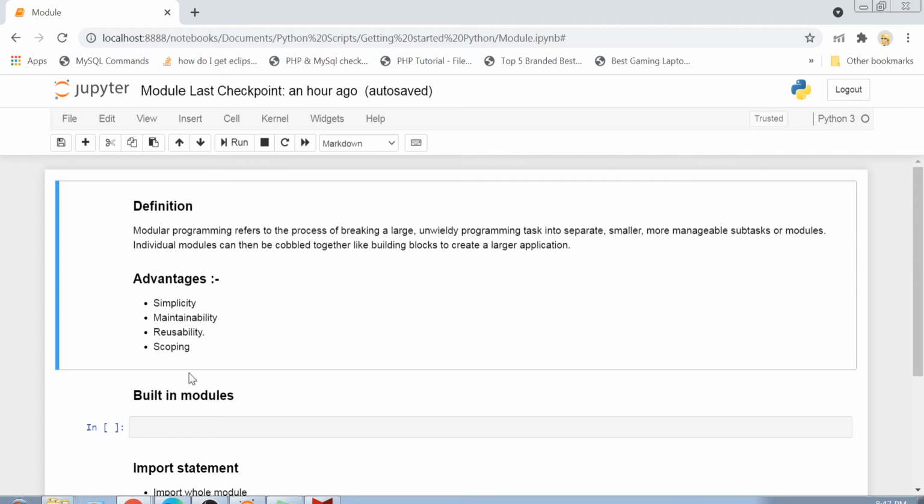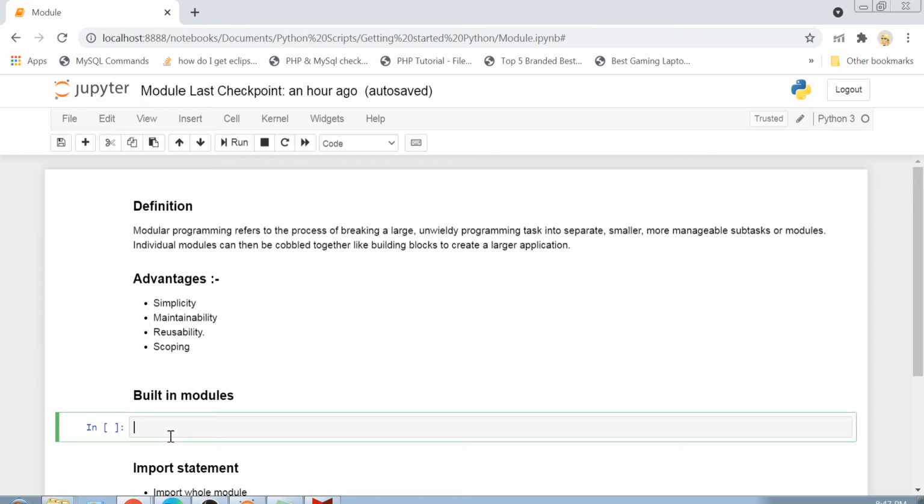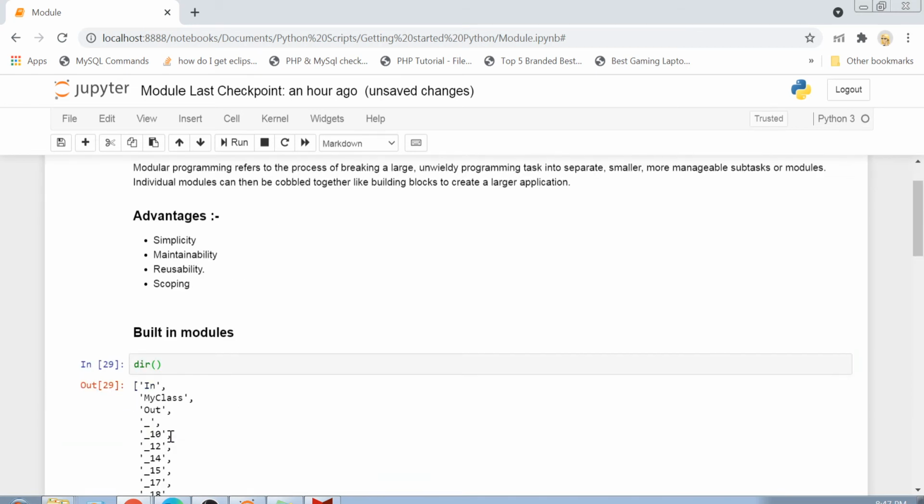And now let's move to the fun part, which is the coding part. Now I will explain how we can actually use modules in Python. The first thing is that there are some built-in modules in Python. There are modules you can create, and there are modules that are already built in. How can I know that a module is already there in my code? You have a command called dir. Let me write dir and brackets here.